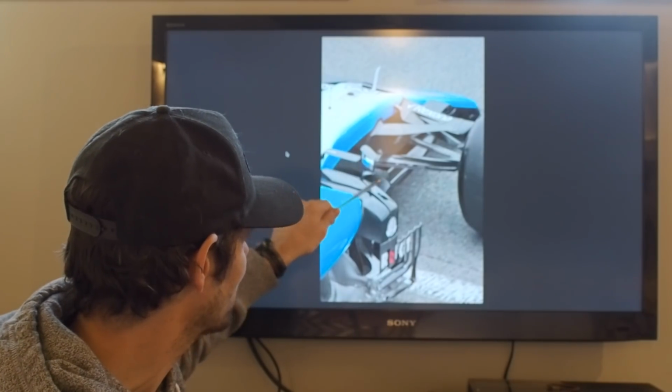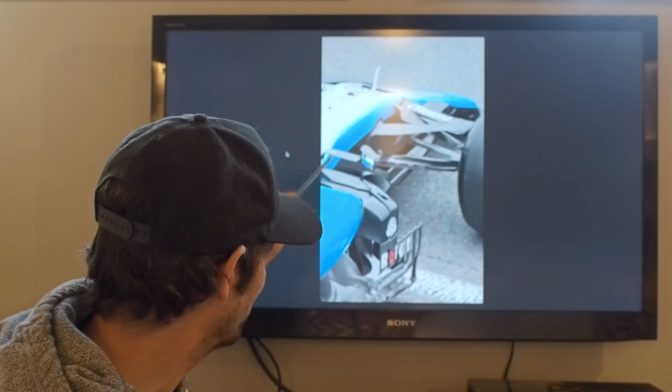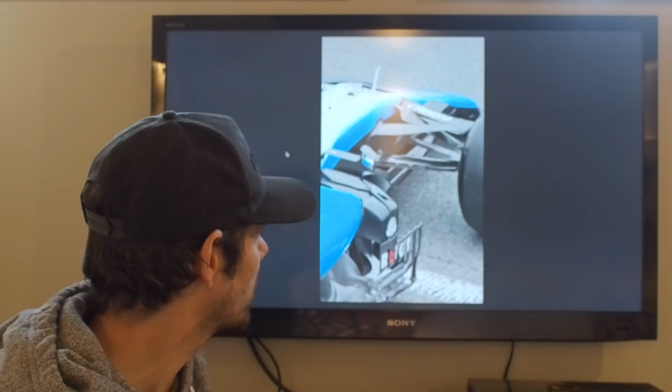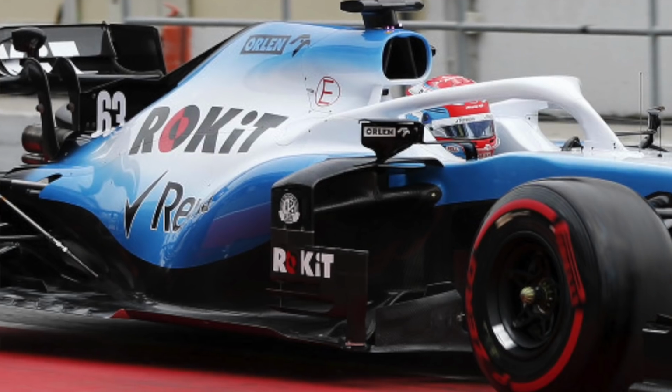But in terms of aerodynamics, quite a nice detail. An extended aerodynamic arm like most of the others have used as well. So this area now being very much used to help control airflow towards the rear of the car. Okay, some nice work around the side pods, much smaller, much higher, a little bit in line with what some